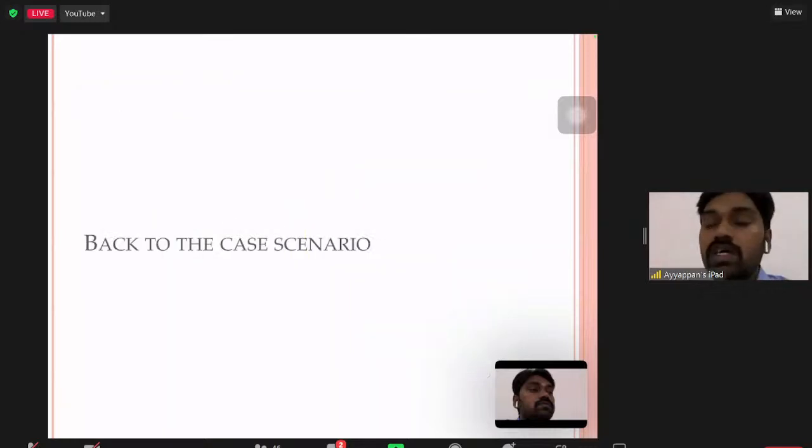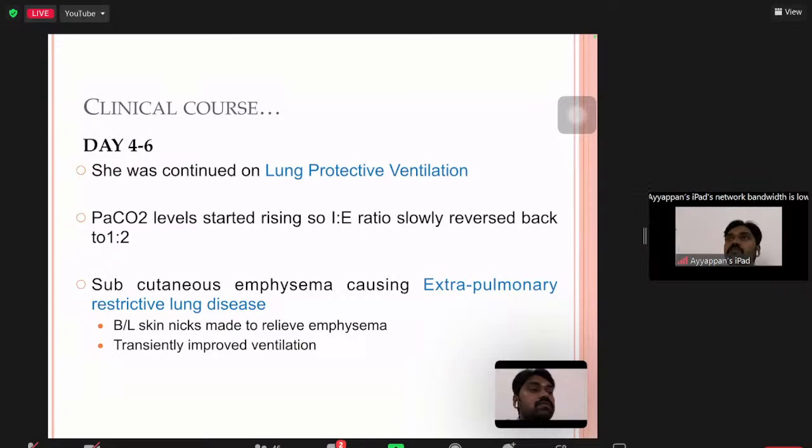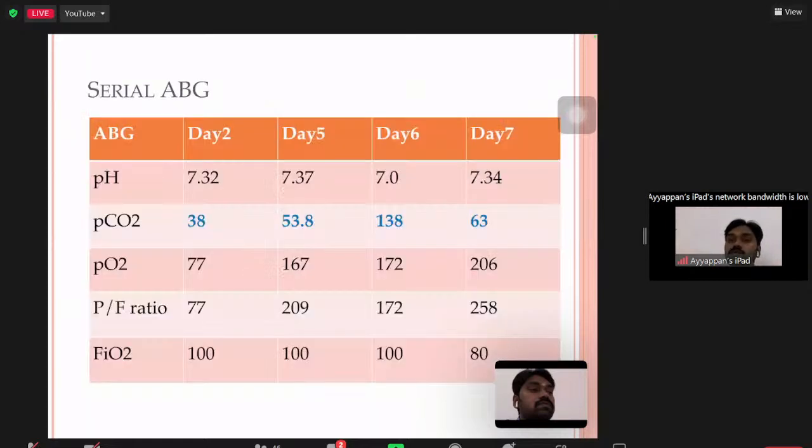Going back to the case scenario, after the 7th day, this patient developed bilateral subcutaneous emphysema with type 2 respiratory failure, with the tension subcutaneous emphysema causing an extrapulmonary restrictive lung disease. So ICDs were done to drain the subcutaneous emphysema, which transiently improved the ventilation. She was continued on lung protective ventilation, and slowly, with supportive therapy and positive pressure ventilation,